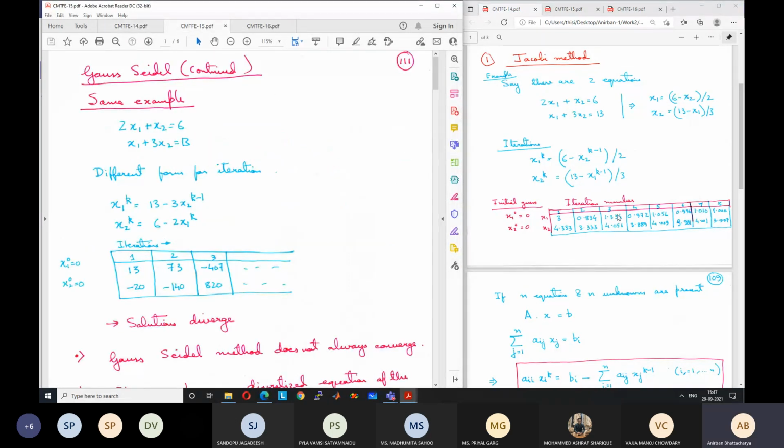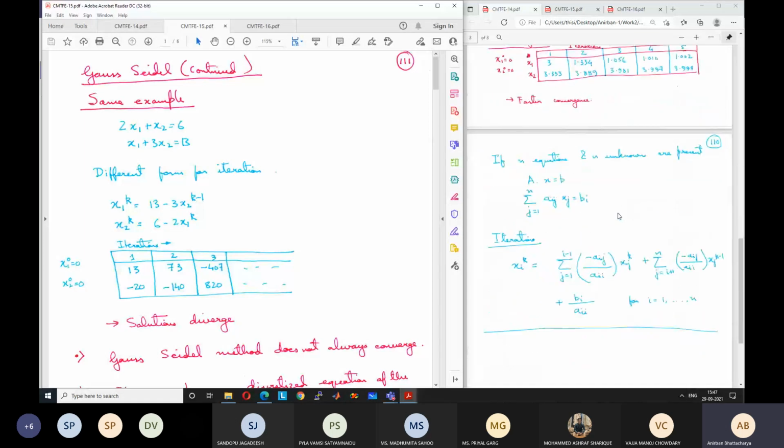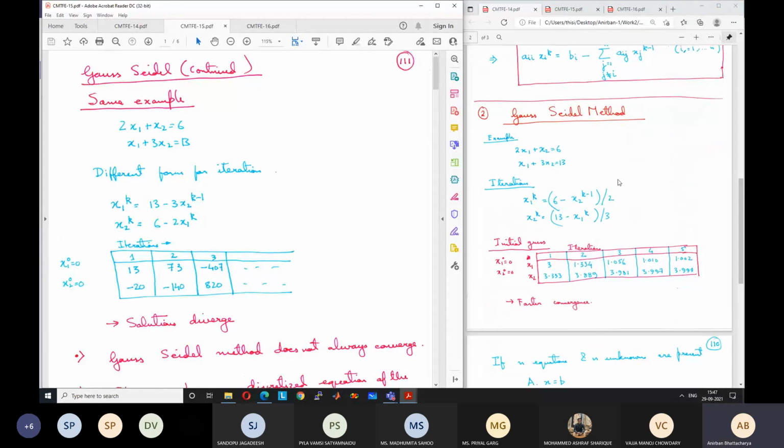No questions. So now we'll see the same equation. These things have already been discussed for the students who have taken the CFD elective course. Because the syllabus is the same, I'm again going through the same things. So it is just a revision for you guys. For others, it is new.